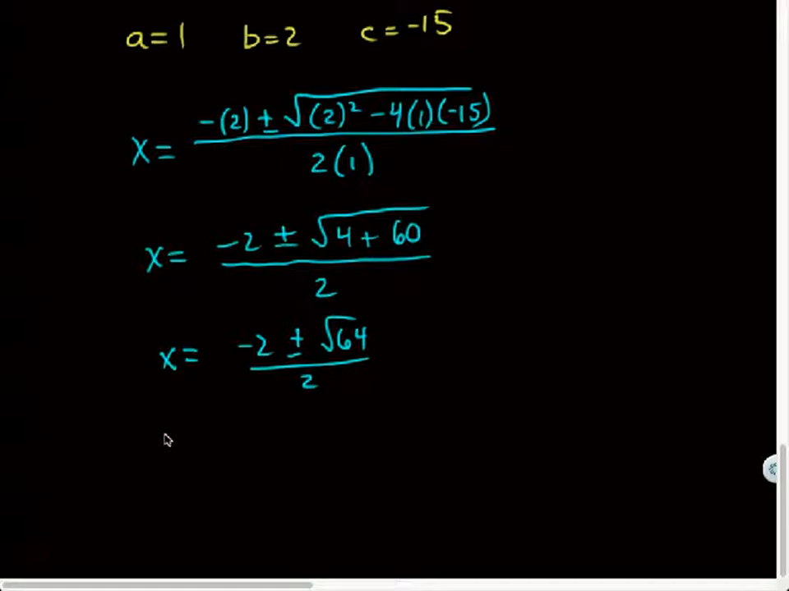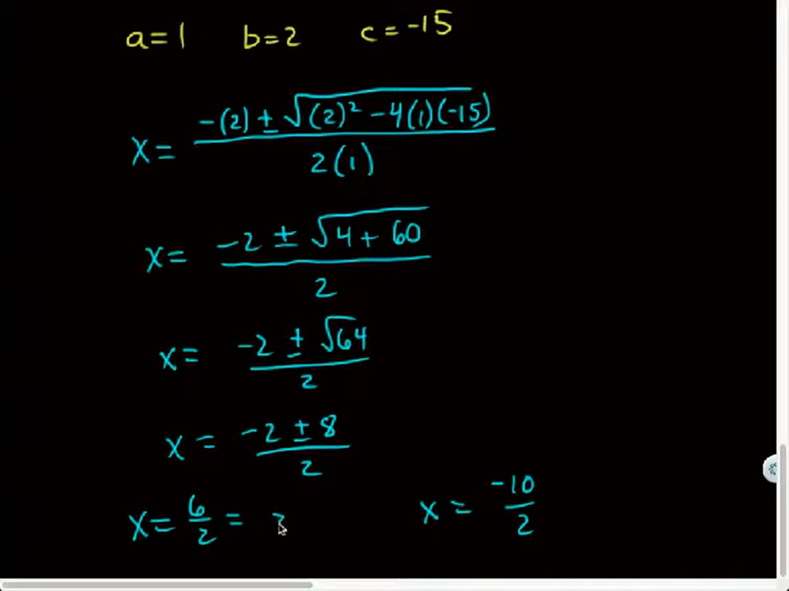So the square root of 64, hey, that's lovely, it worked out. -2 plus or minus 8 all over 2. And so now I could break this into two situations here. Either x is equal to -2 plus 8, which is 6 over 2, or x is equal to -2 minus 8, which is -10 over 2. So x is equal to 3 or